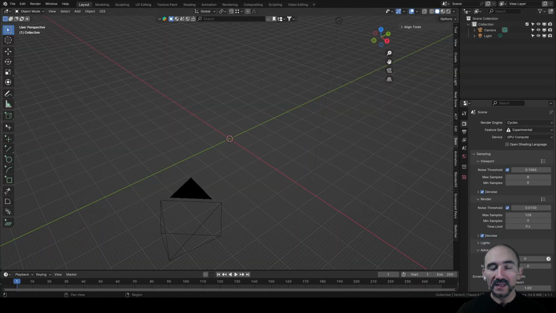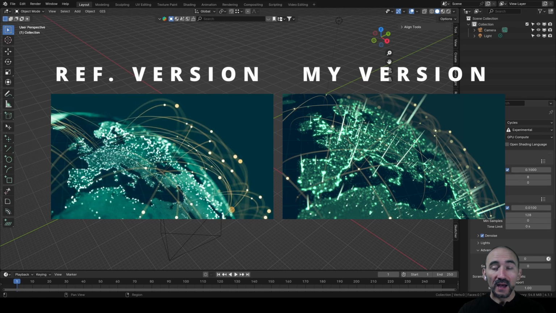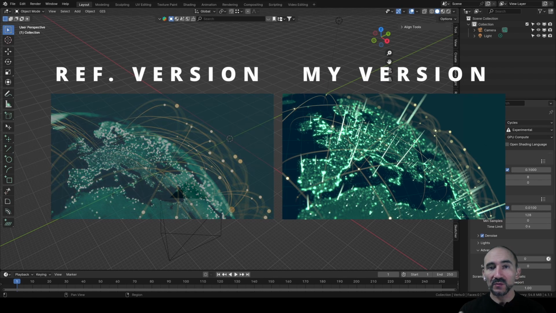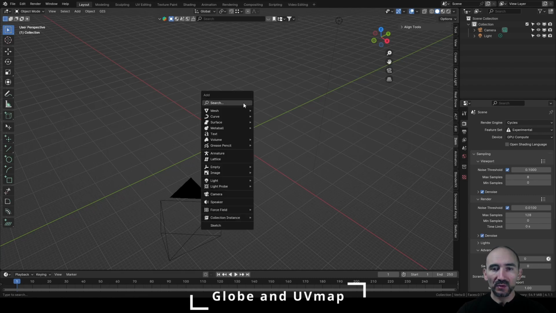A few months ago I saw an image, so I decided to accept this challenge and remake it, adding some animation stuff and some tweaks in the composition. So let's dive in. I'm working with Blender version 4.1.1 and we can start making a simple plane with a